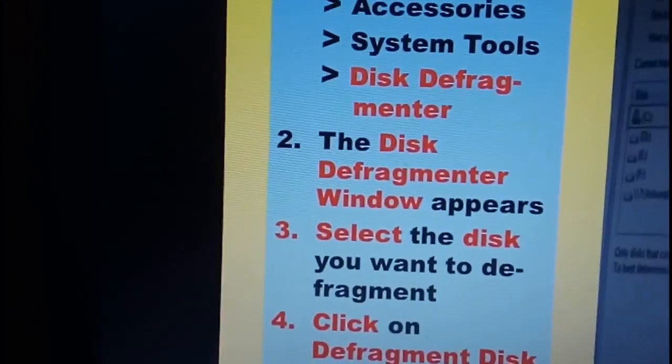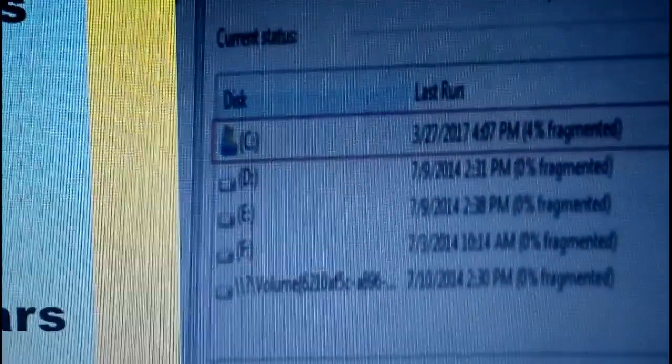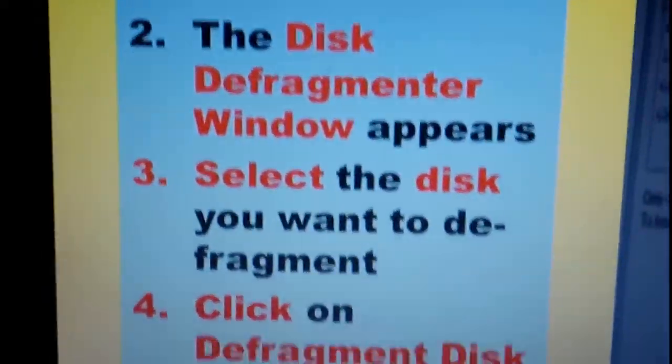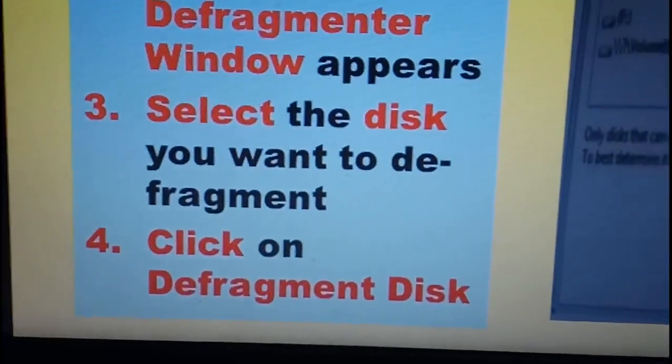Select the disk you want to defragment. Okay, here you have the disk mentioned. You have to click on the disk that you want to defragment. And step number 4, click on defragment disk. At the bottom you have the defragment disk button. You have to click on that.